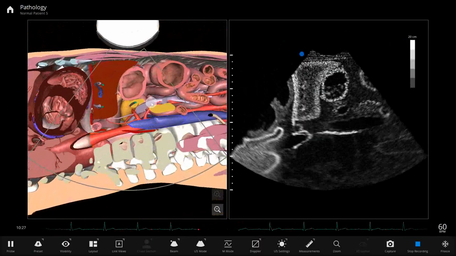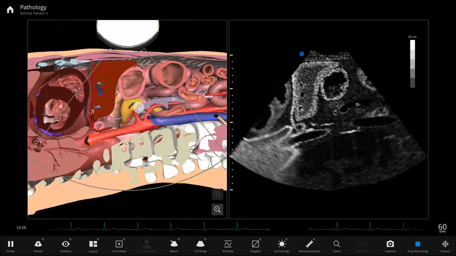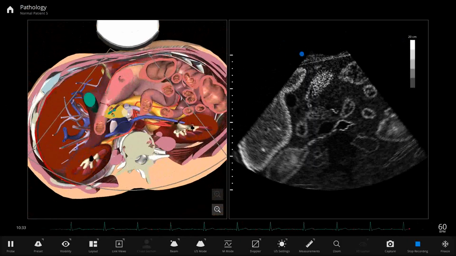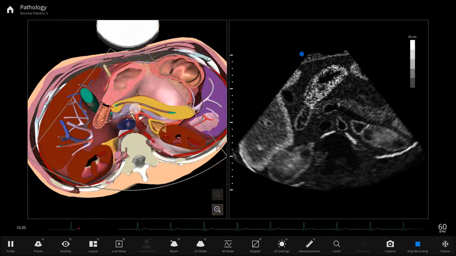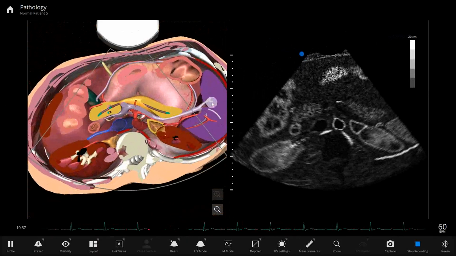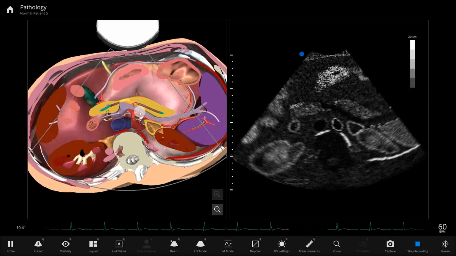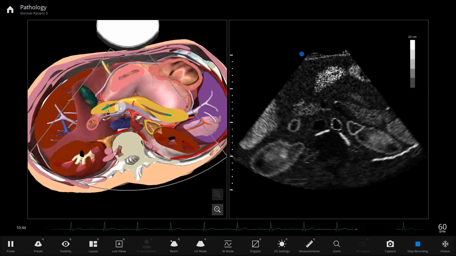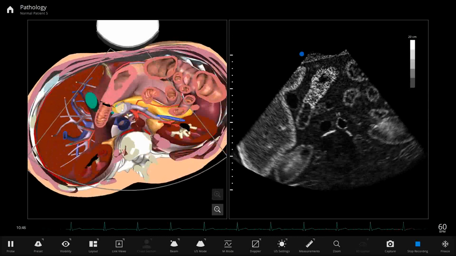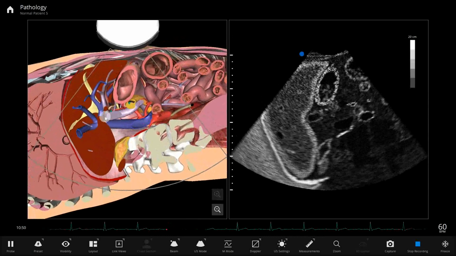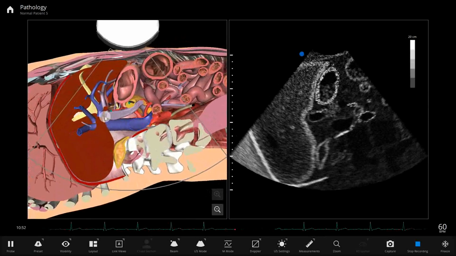We see it right here, running next to the superior mesenteric artery, and the splenic vein. I'm turning transverse now. Here it is coming from the spleen, running behind the pancreas, meeting up with that superior mesenteric vein, and then the two of them are going to run into the liver at a vertical